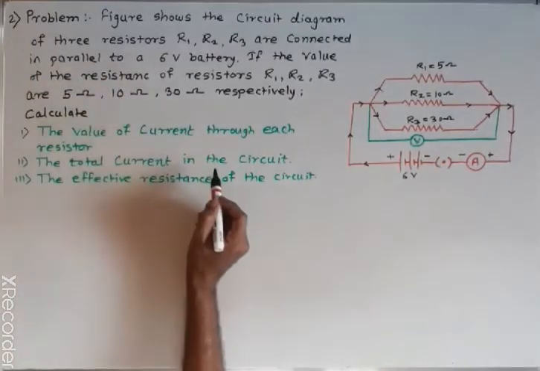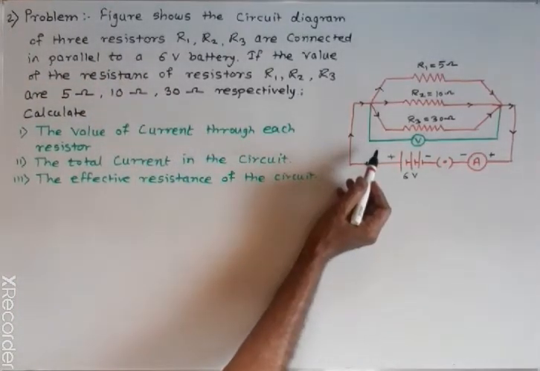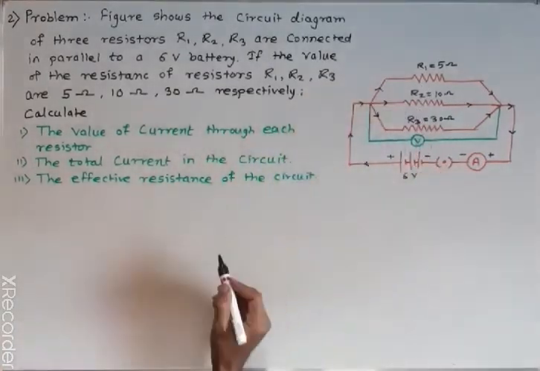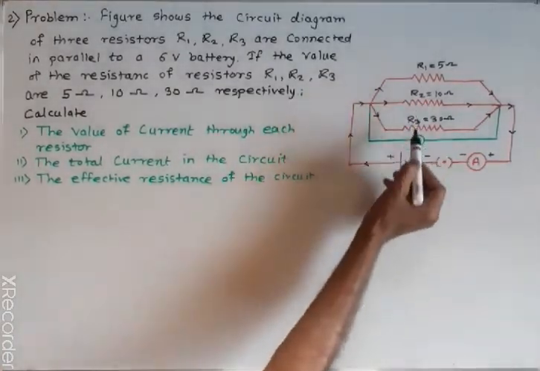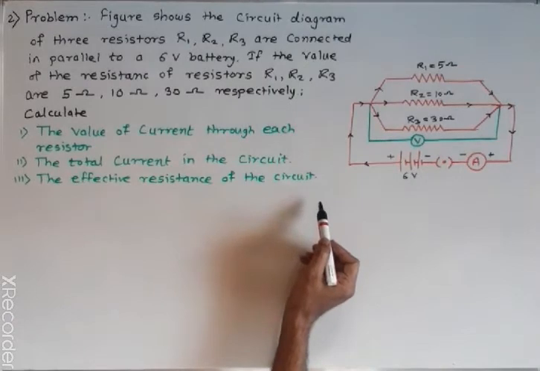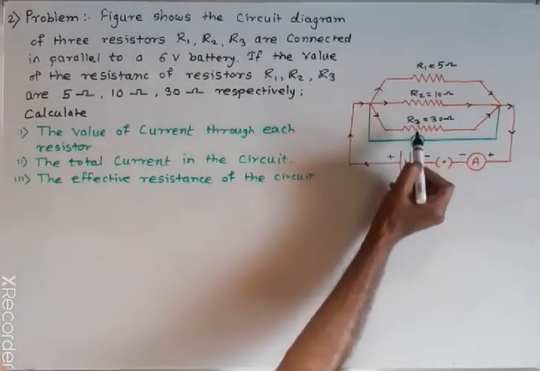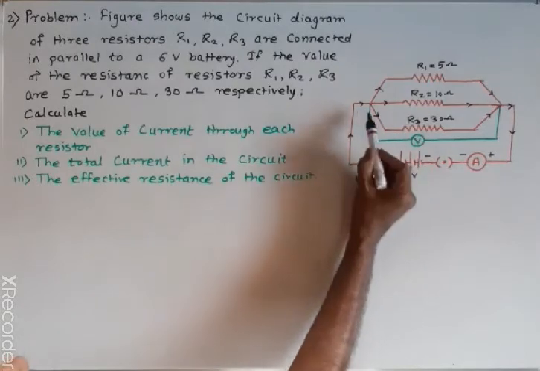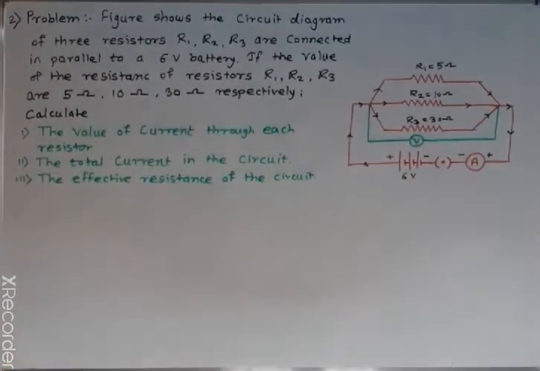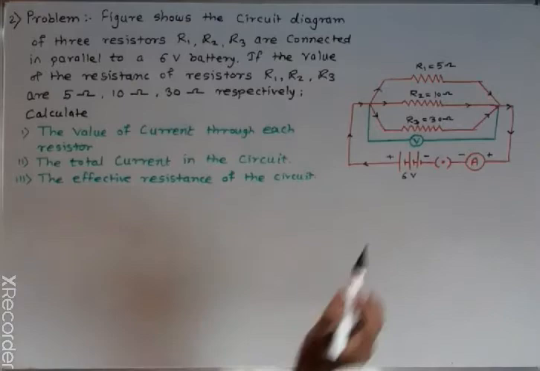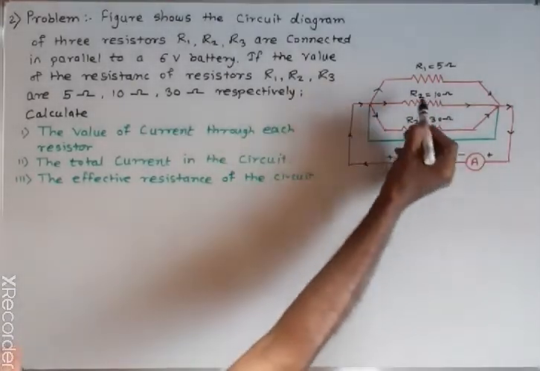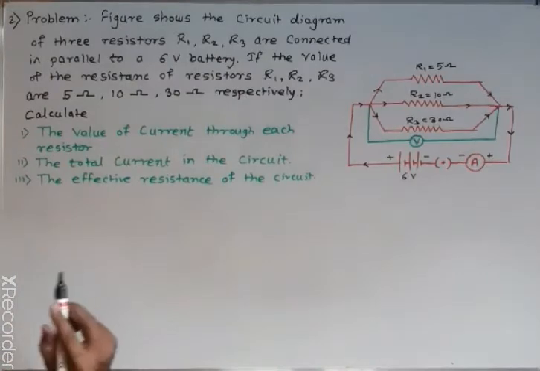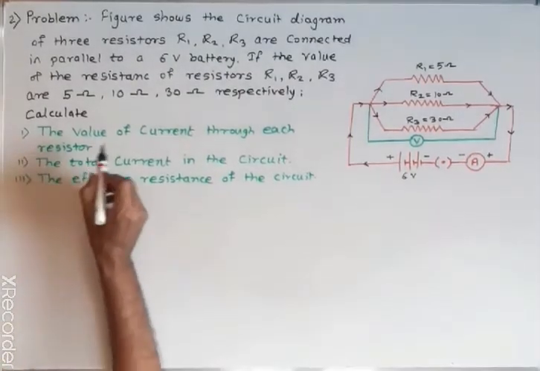Problem: the figure shows the circuit diagram of three resistors R1, R2, R3. These are connected in parallel, as you can see from the circuit diagram. All these resistors are connected to a 6-volt battery. If the value of the resistor R1 is equal to 5 ohm, R2 is equal to 10 ohm, R3 is equal to 30 ohm, then we have to calculate the value of the current